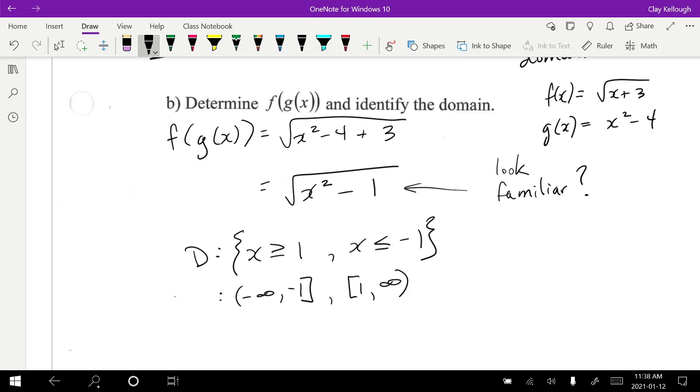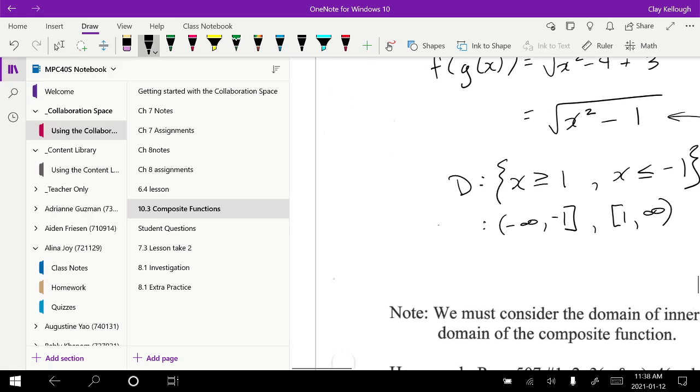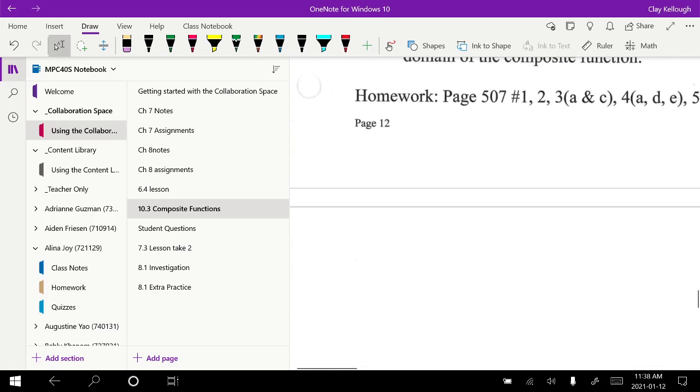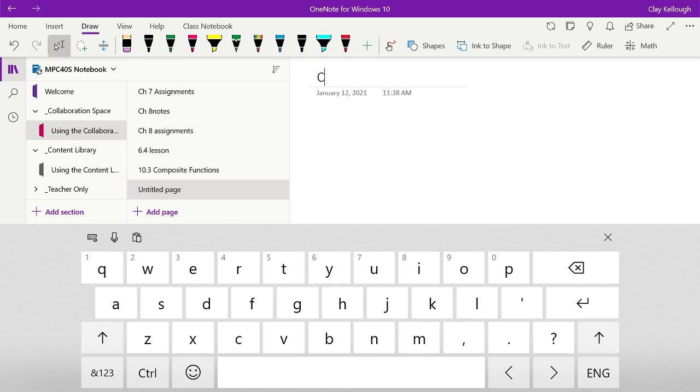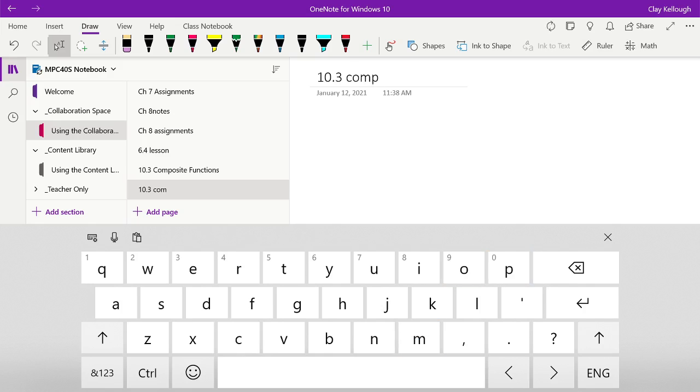That is kind of the composite function lesson. You guys have a composite function worksheet which I don't think I put up here. Look at that, I don't have it on here. I'll have to add a page and call it, how about I call it the number first, 10.3 comp funct worksheet,